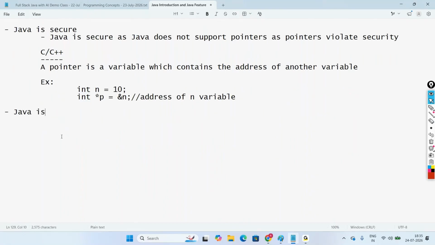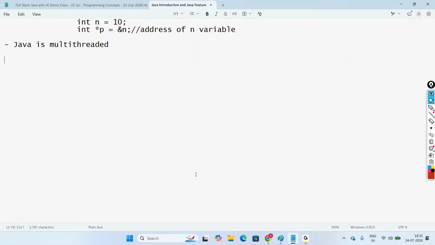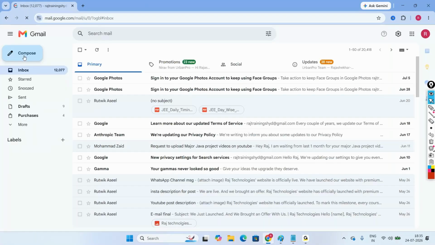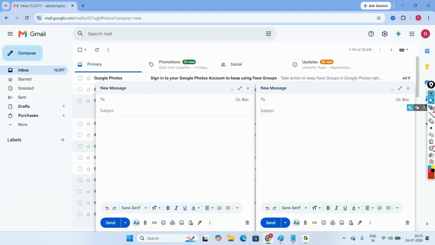Next one, Java is multi-threaded. What is multitasking? Multitasking means opening multiple applications. Like in my case, I've opened browser, Paint, Notepad, GoToMeeting like this. Then what is a thread? The meaning of thread is like, if you take Gmail, in Gmail, how many compose windows can we open? Multiple. So if Gmail is our task,